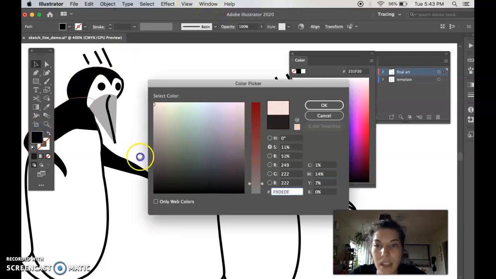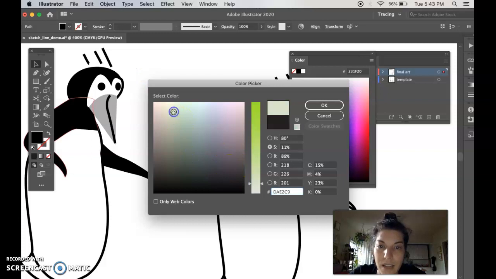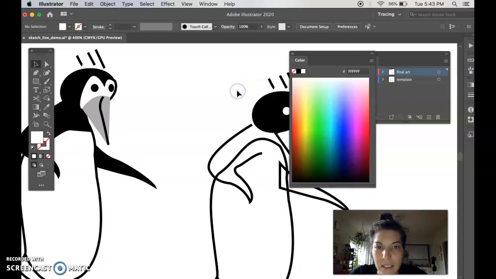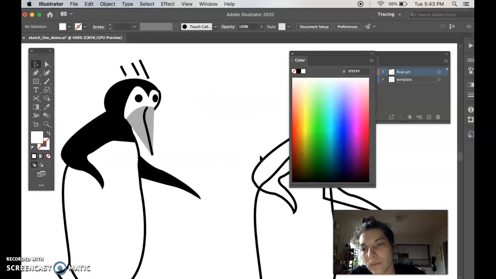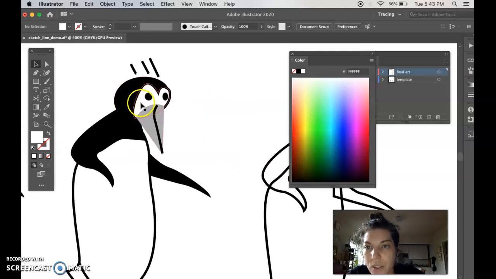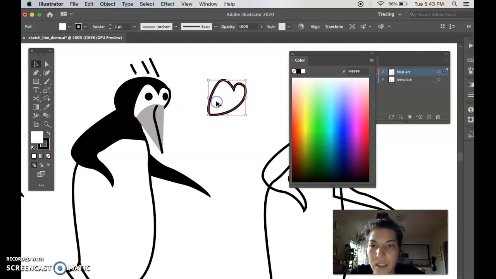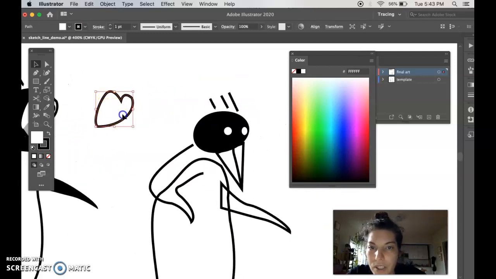What happens if I make the eyes white now? Okay, they're white. Let's see what that looks like. That looks a little freaky. So I might need to have some little eyeballs in there, or I might need to make another object which I put on top,